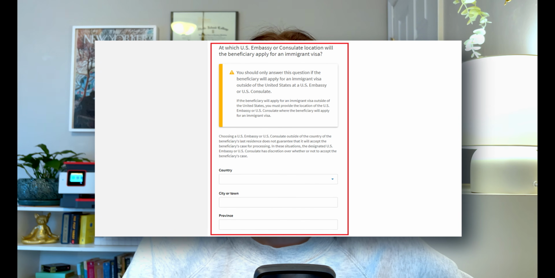You will only answer the bottom half of the questions as you scroll down on the online application. The reason why it is so incredibly important to answer these questions correctly is because if you accidentally do not provide a response to these questions at all, or you, for example, provide an answer that the beneficiary will adjust status in the United States when, in fact, they have to go through a consular route, in that case, you will have to